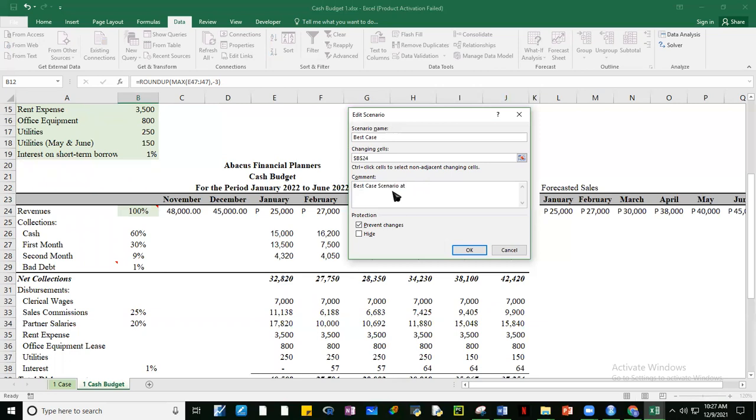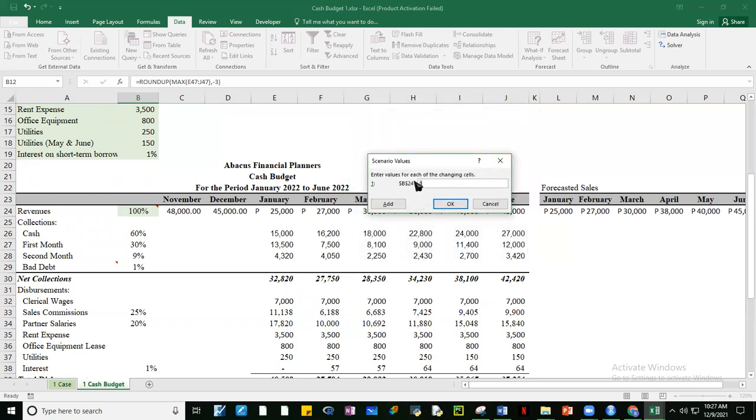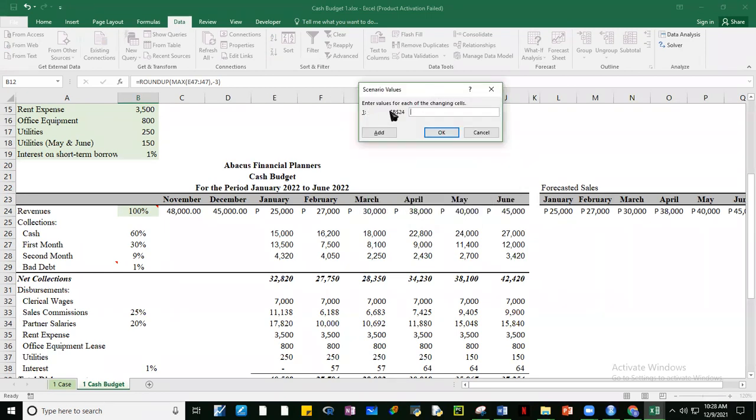at 120%. Okay. Okay, ito. Enter values for each of the changing cells. Okay, ibig sabihin, ito guys yung sinasabi ko kanina, ililink natin siya. Okay, and B24, asan na yung B24?